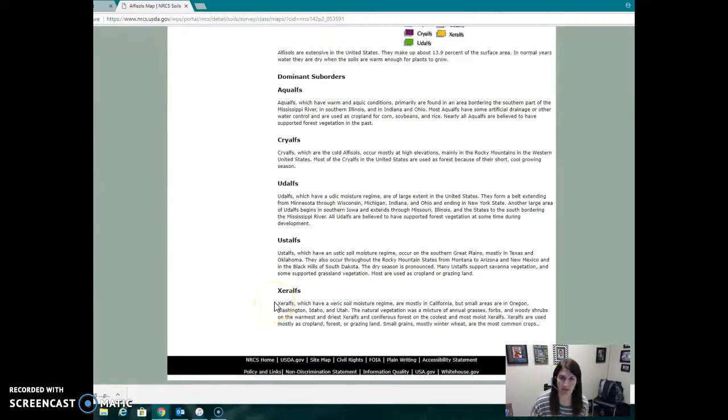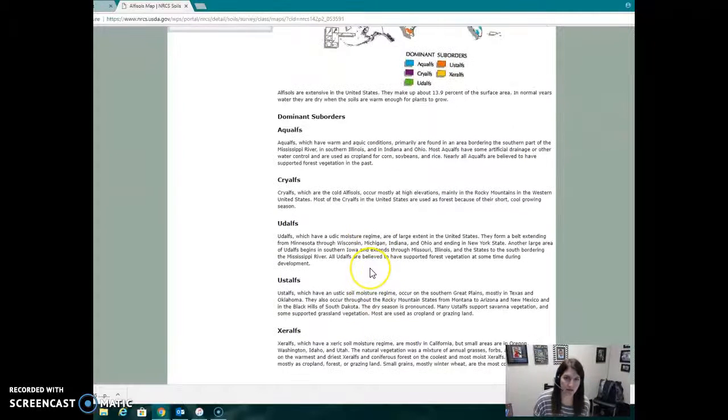You are basically going to read all of these, and you are going to tell me the big things about them. I'll put all of this in detail, but you're going to tell me what kind of crop it is good for. So for this one, the aquolls is good for corn, soybeans, and rice, because it does have some artificial drainage and some other water control. So you're going to basically make